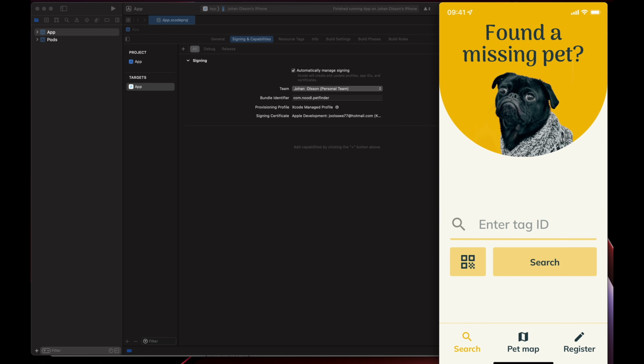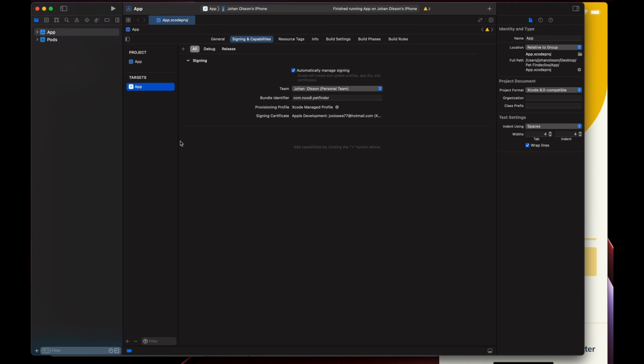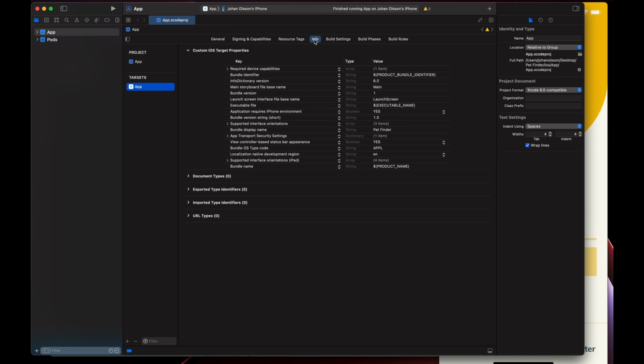What about the camera? So I click on the camera and we get nothing. So again, very similar to how it is on Android. We need to ask the users of this app for permission to use the camera. And the way you do that is you select app out here, make sure targets is app here, and then click on the info tab here. Down here by bundle name, you click the plus,